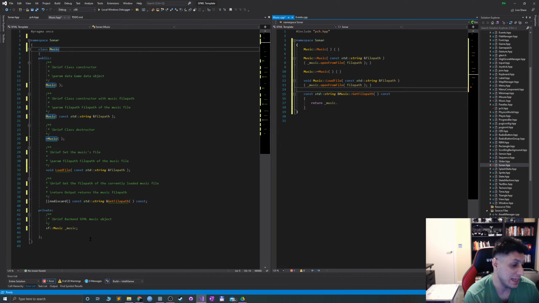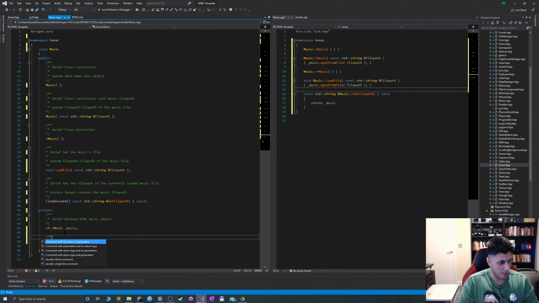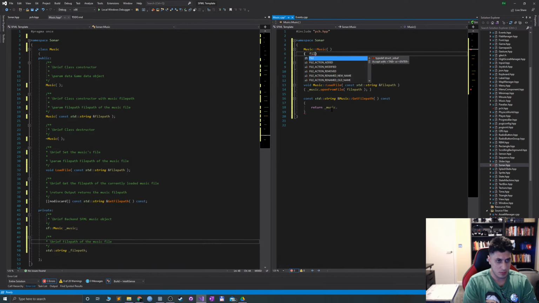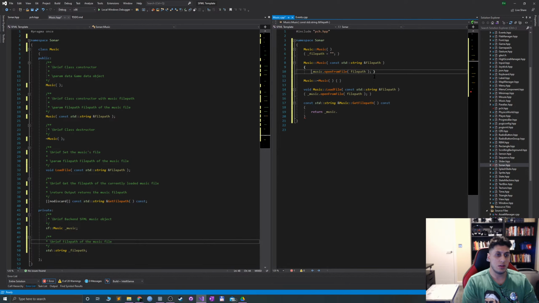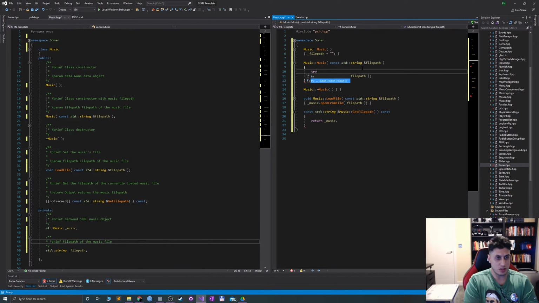So we'll actually have to keep track of the file path. So std string file path, and we'll just say file path, the music file, by default it equals empty string, and if it's this then we're basically going to say underscore file path. We'll try this, so try